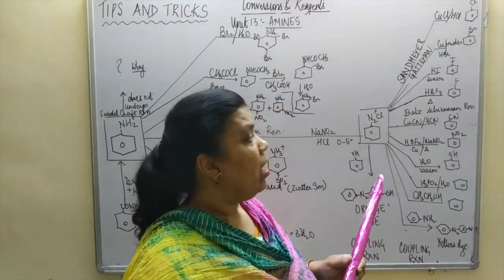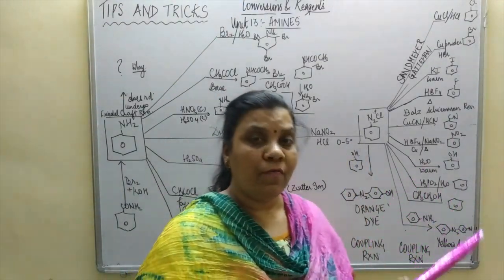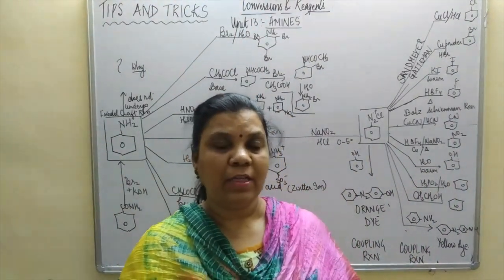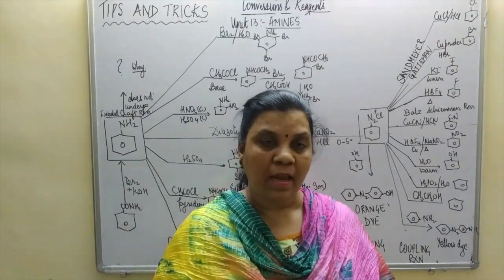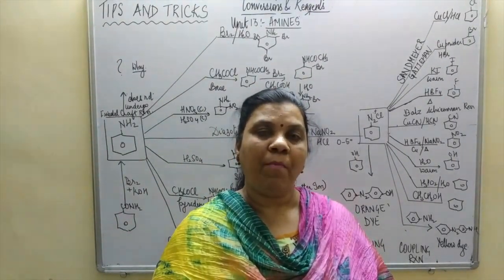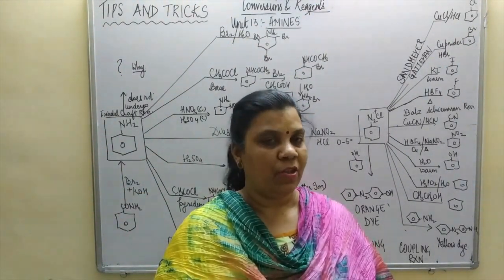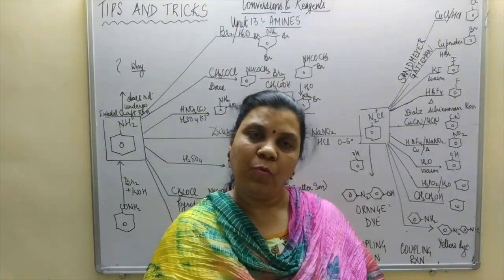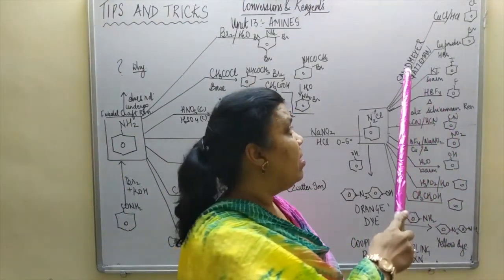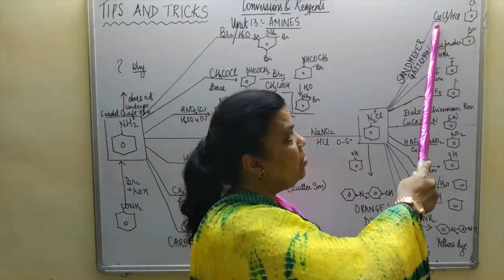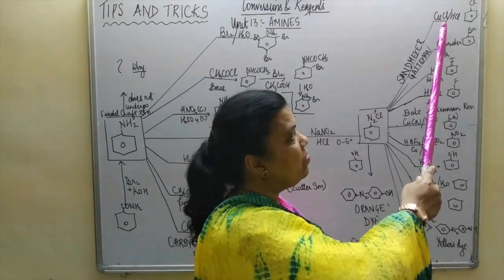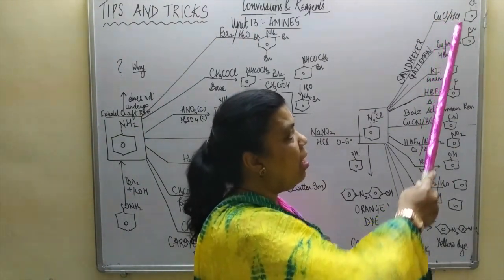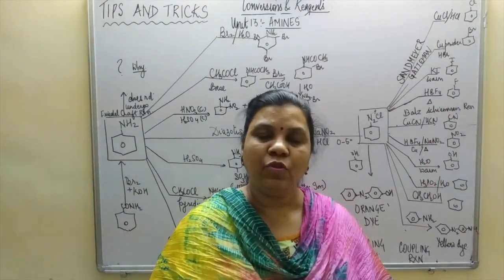So number one, if you want to convert the benzene diazonium chloride to haloarenes, then you can either treat it with copper salt in the presence of HCl or HBr. You may get chloro or bromobenzene. The name is Sandmeyer reaction. CuCl in presence of HCl or CuBr in presence of HBr may convert BDC to either